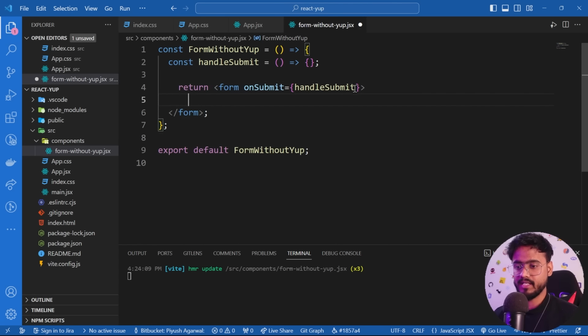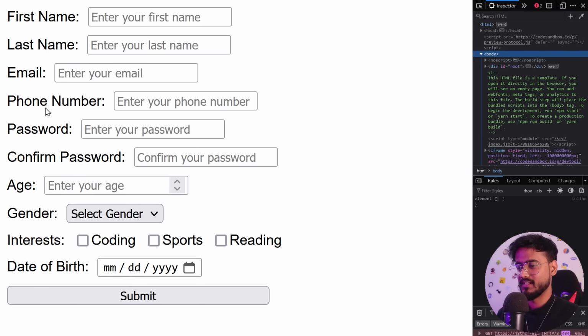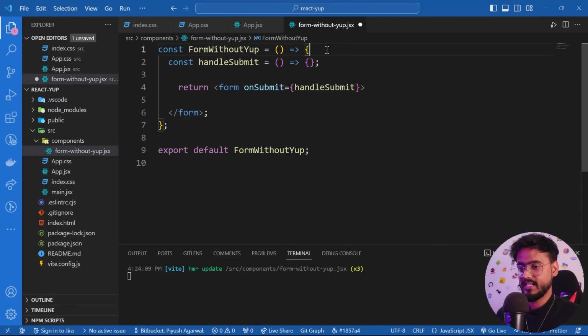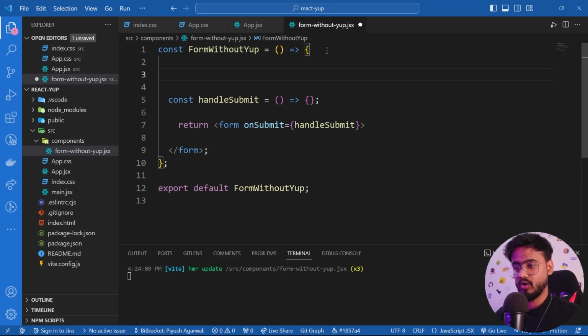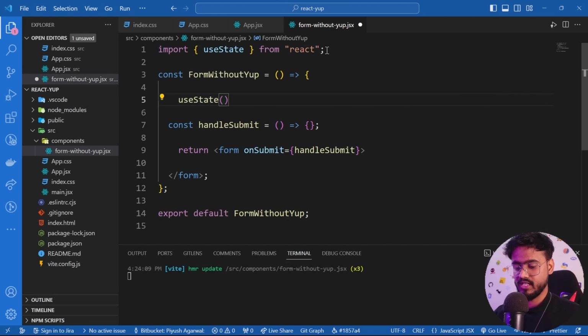Now inside of this form, I'm going to create a few fields like first name, last name. Let's just have a look. So first name, last name, email, phone number, password, and all these things. So let's just create a state for storing all of the values of these inputs, right? So I'll just import useState hook over here,